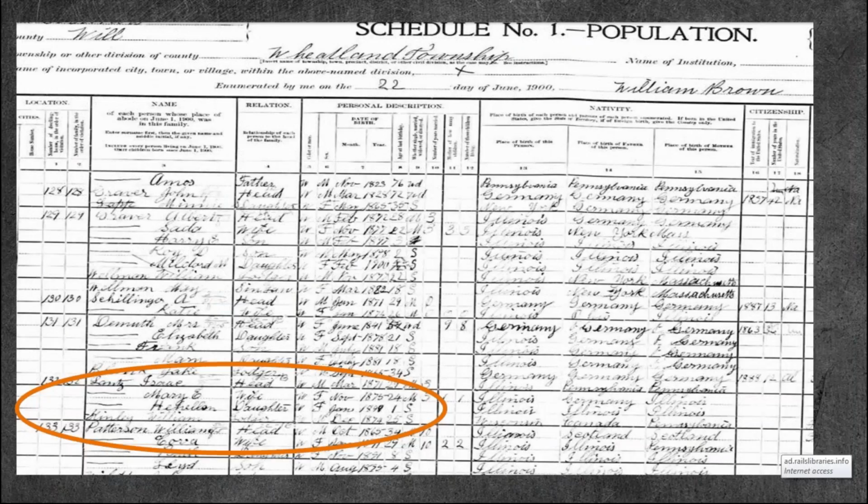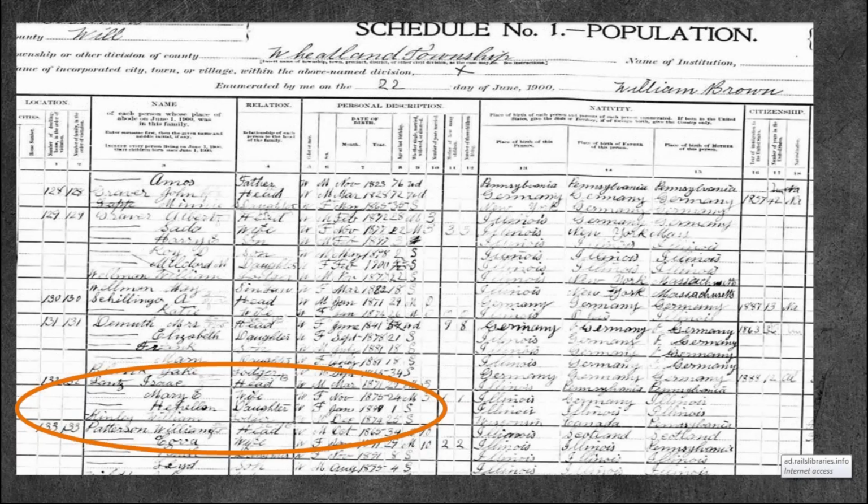The 1900 census is brilliant because it is the only year that they asked for a specific month of birth. The rest of the time it was either how old are you going to be at your next birthday or how old are you? You could lie. You could say anything you wanted. But in this case, as they have written, Helen, daughter of Isaac and Mary, she is born January of 1899, and that she is 1 year old. It tells me she's born in Illinois and her parents are from Germany and Pennsylvania.